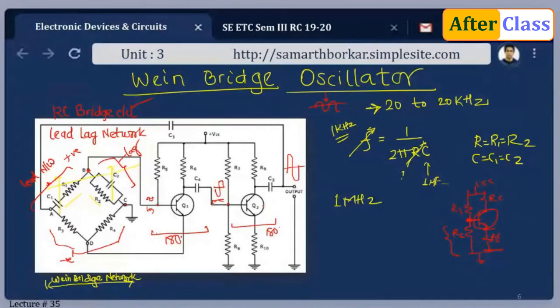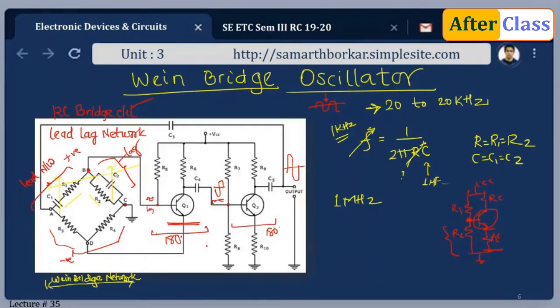As I've said, if the Wien bridge feedback network is not employed, then the output of transistor Q2, if it is fed back directly to the transistor Q1 for providing that regeneration, or feedback to provide oscillation, what will happen is that the transistor Q1 here will amplify the signals over a wide range of frequencies, and thus this direct coupling would result in poor frequency stability. As I said, what is most important is frequency stability. It should amplify at constant frequency and constant amplitude.